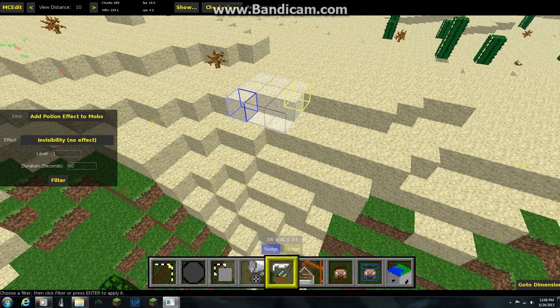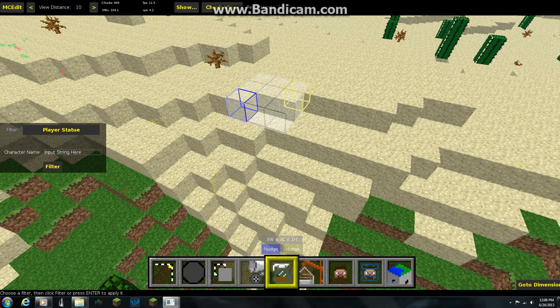So, wait, I found out what you do. So you make that area, and then you click on the filter, and then click on that, and then mine is the one we downloaded, player statue.